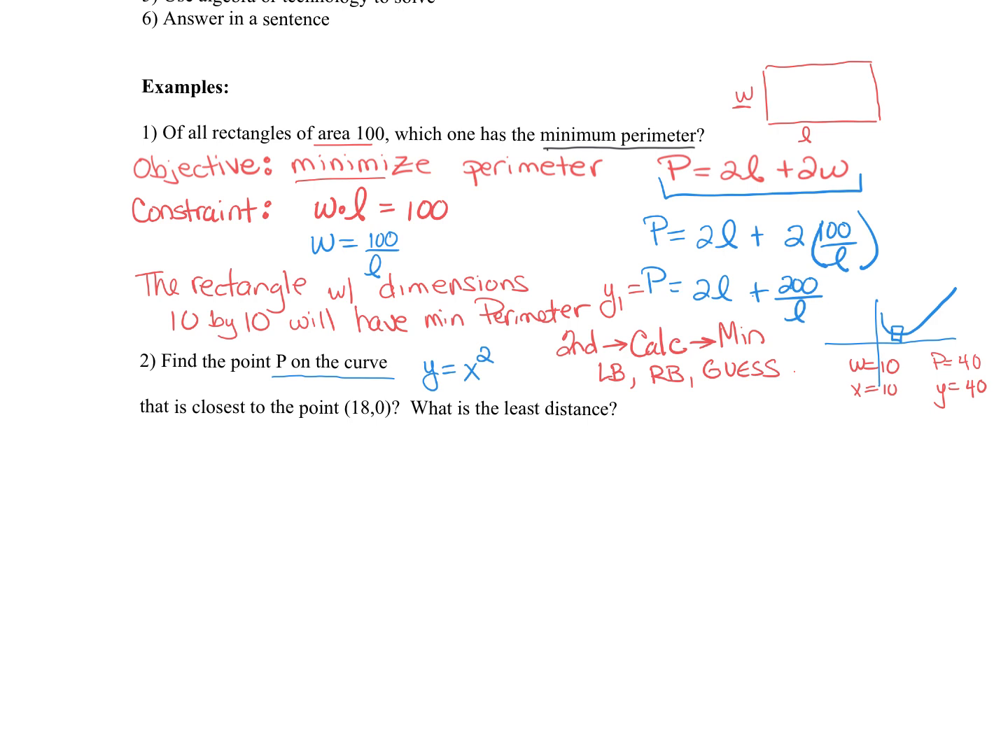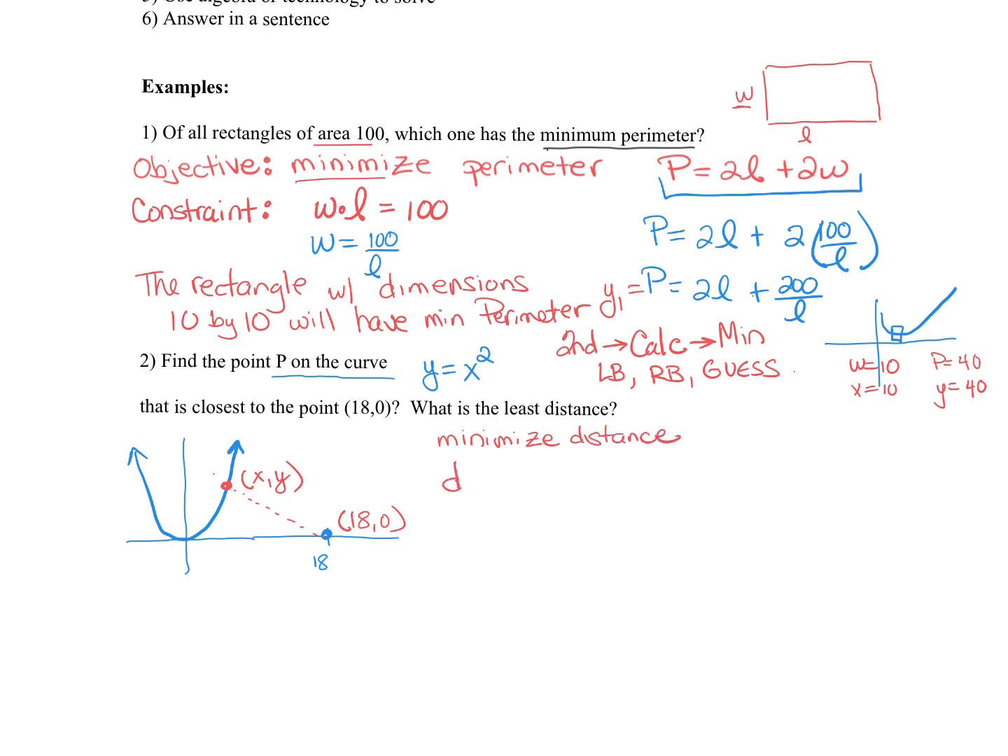So in this particular case, I'm going to draw this so I understand what's going on. We have y equals x squared, which is a standard parabola, and we have the point 18, 0. And what we're trying to do is minimize this distance. So this ordered pair is 18, 0, and this ordered pair is just some general ordered pair x, y. And we want to minimize the distance,